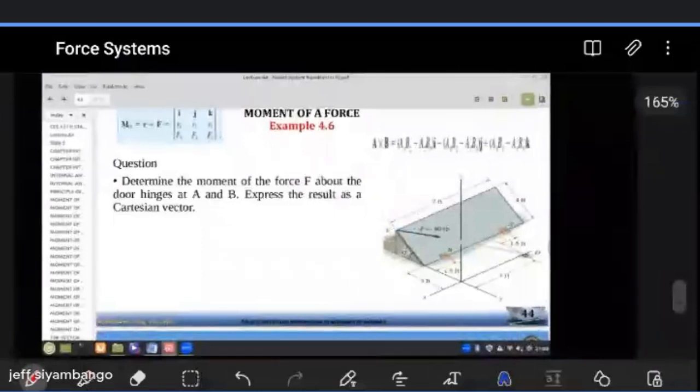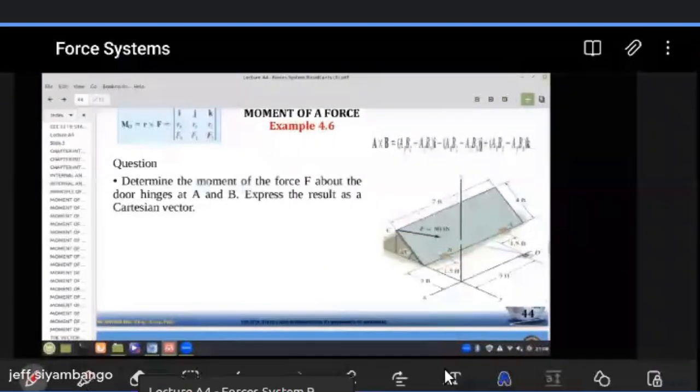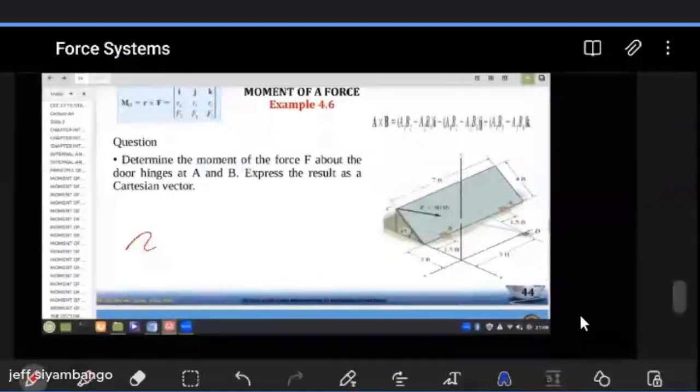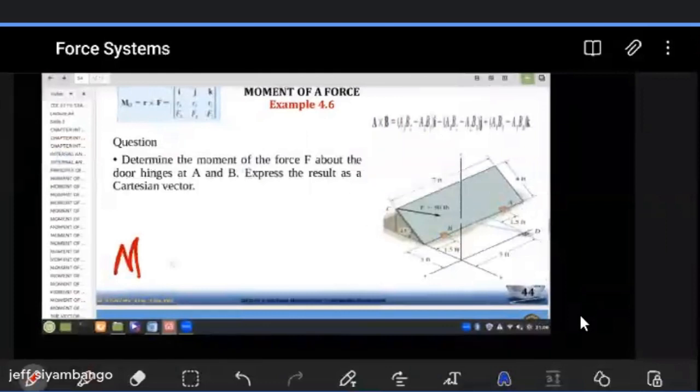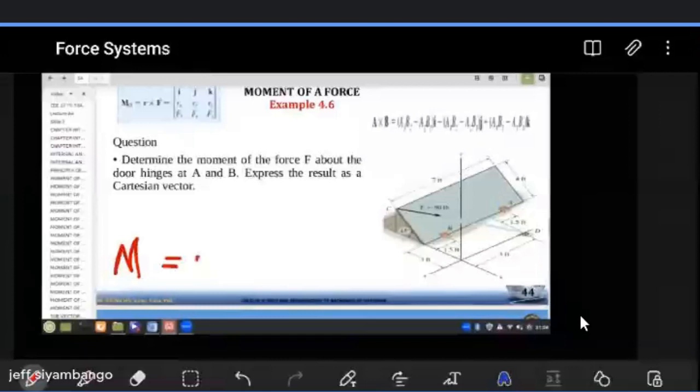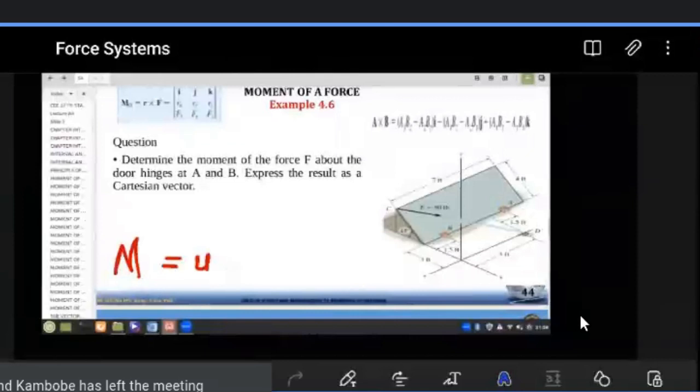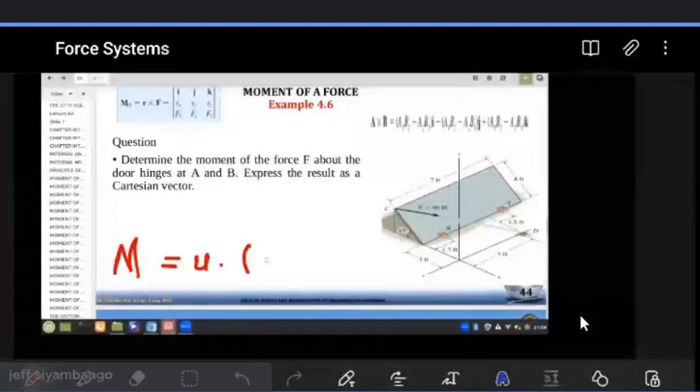To give you guys an idea of where we are going in terms of the moment about a specified axis. When it comes to the moment about a specified axis, all we're going to be doing is something very simple. The moment about a specified axis will literally just be equal to the dot product of a unit vector that points in the direction of that axis with the moment, let me say, the moment,